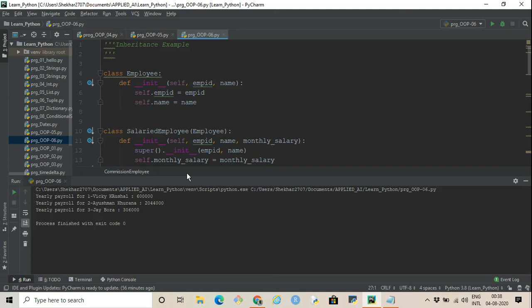Yeah, hi there. In this tutorial, we are continuing with inheritance. So I'm taking an inheritance example in this tutorial. We covered inheritance theory in the previous tutorial, where we learned that in inheritance we have